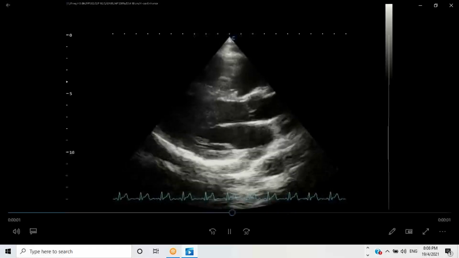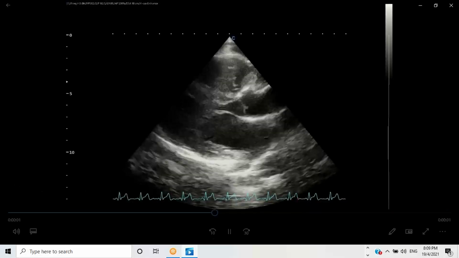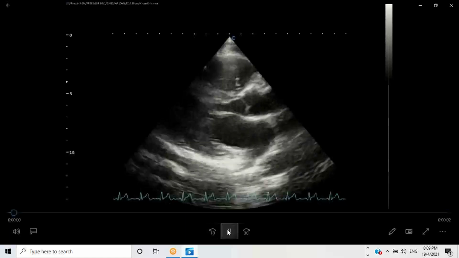So put it in motion. You can see the aortic valve opening and closing, the mitral valve opening and closing. In systole, the muscle thickens, and in diastole, it thins. So this is what